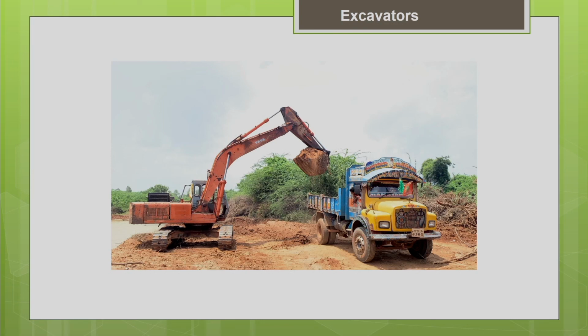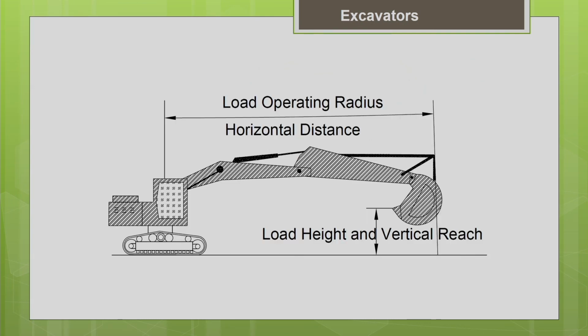Also, you should make sure that when the superstructure, when the backhoe rotates about the slewing ring, the tail should not hit against the truck. There should be sufficient clearance between the truck and the backhoe. That also you have to make sure. Another important thing you have to note is that whenever the manufacturer provides you the lifting capacity for the backhoe.